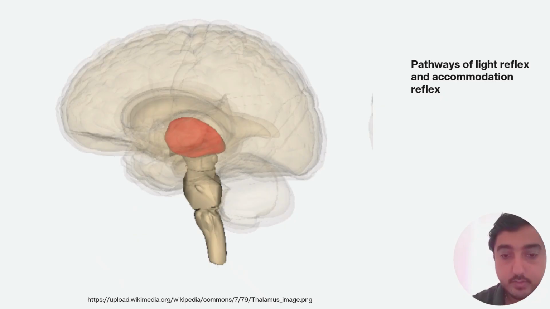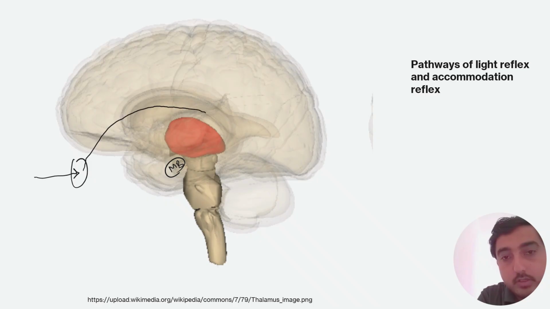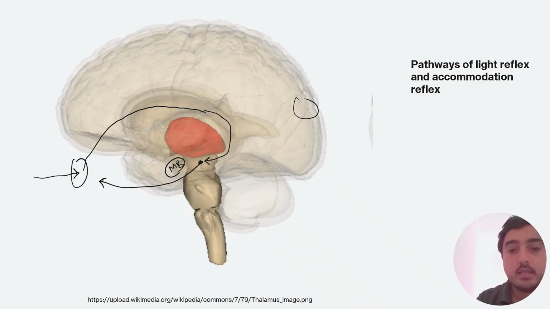Now let's understand what I just said with this diagram, which is showing the brain from the lateral side. So this portion over here is the midbrain. All right. I'll discuss the light reflex first. When light is shown on the eye, it will travel through the brain, but does not reach the visual cortex. It directly bypasses the visual cortex and reaches the midbrain, and then gives the light reflex. But